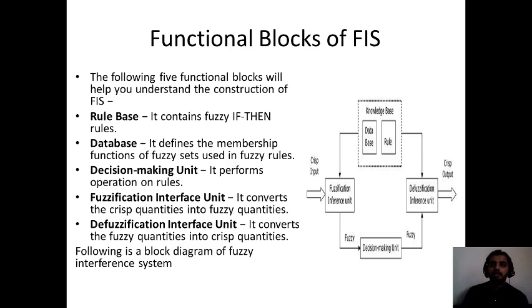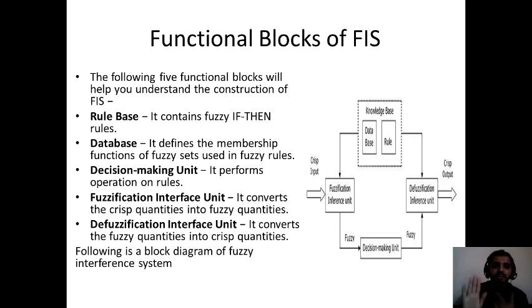Now we are seeing the functional blocks which will be there in a fuzzy inference system. For example, in a college system, what is the system? There is an admin block, a faculty block, a student block, and a library block. All of these blocks are interconnected with one another to form a functional system. If I tell you that you have passed this semester, what is the proof? The proof is the mark sheet that you are showing.